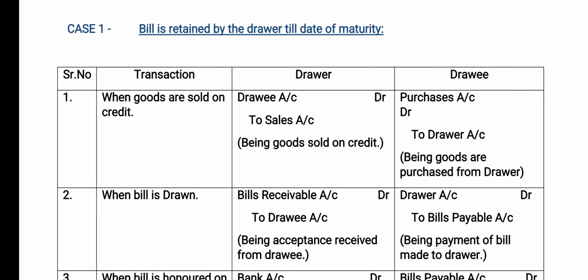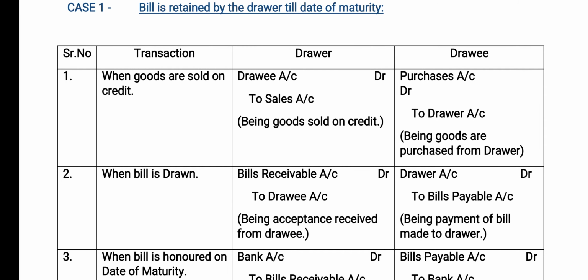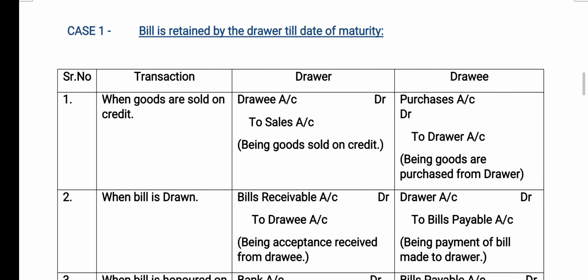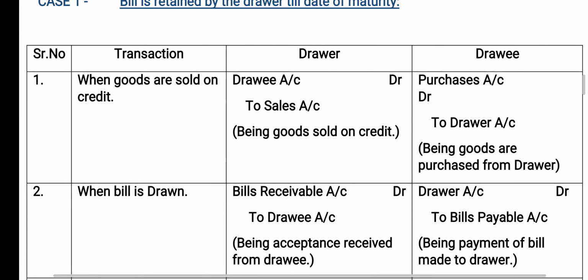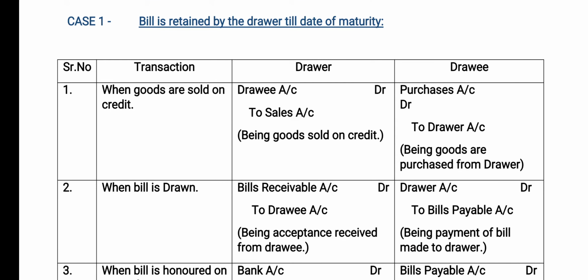And in the next part, I have given you one illustration which will make it clear how you have to draw the format and then how you are going to do the entry in the books of both the parties. As you are aware of the journal chapter which we have done in 9th, this is part of that only, in which we learned how to do the entries. So the format will remain the same: date, particulars, LF, debit and credit, in which you are going to show the amounts.